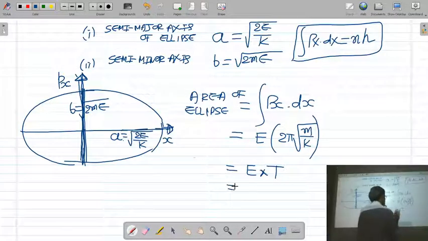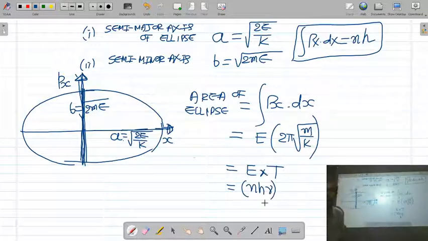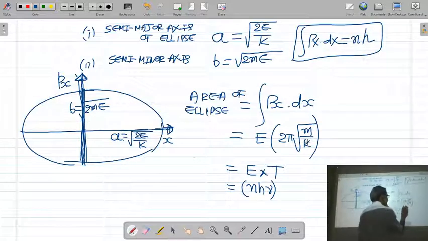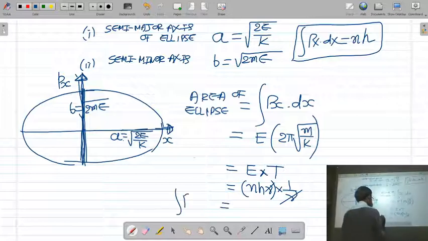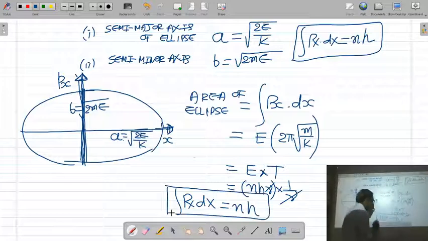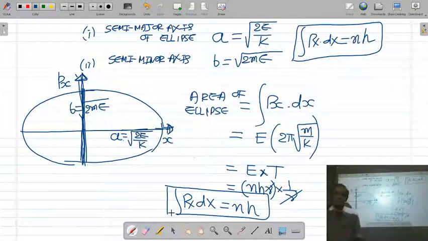So what is the energy of the oscillator? We have just derived nhv. So by solving the phase integral, we have derived the quantized energy of the oscillator is nhv, and 2 pi under root m by k is the periodic time of oscillator, which is 1 upon nu. This nu is cancelled. So you will get the answer nh. So we can say that the value of phase integral is always an integral multiple of Planck constant h. We have proved that the value of phase integral is an integral multiple of Planck constant h. Thank you so much. This is the end of this lecture.